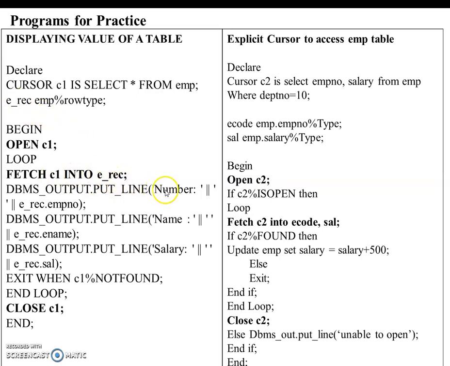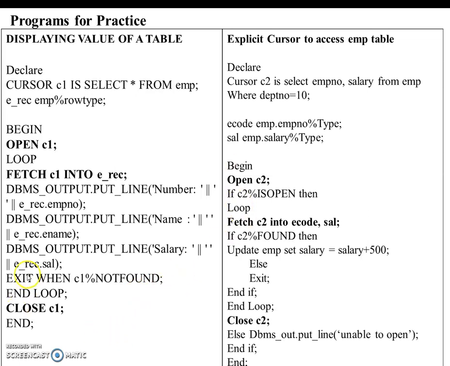Then I am printing the values from this employee table as number, name and salary by concatenating with the cursor name followed by the dot operator and column name. So I am accessing the number by cursor name dot column name, the employee number; for name, cursor name dot ename; and for salary, cursor name dot salary. Now this loop will get executed as long as data is available within your employee table.